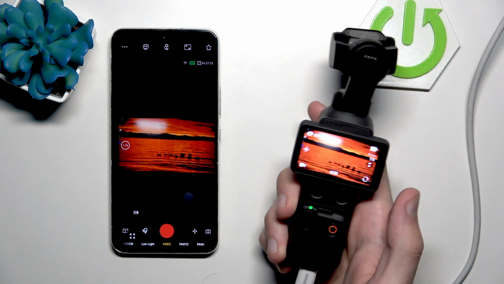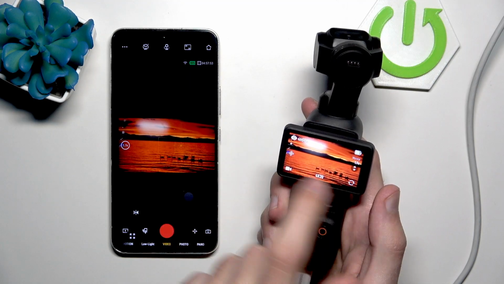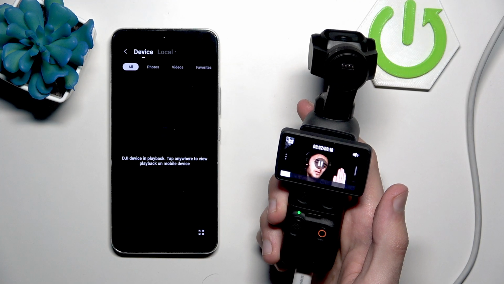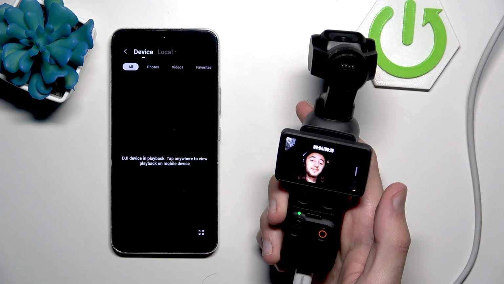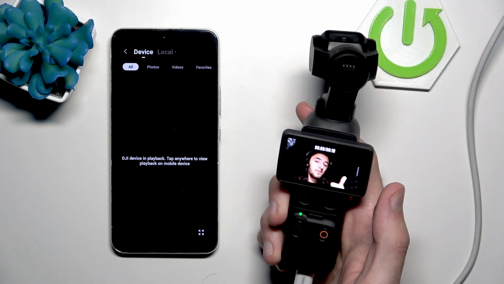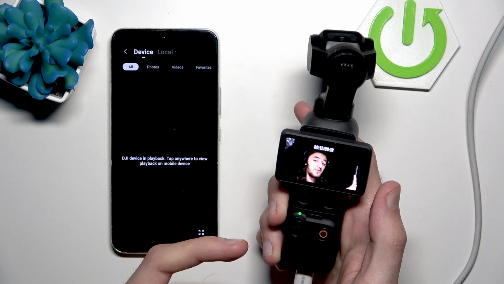In order to preview latest footage, all you want to do is simply swipe from left to right like this. Wait a second, it's just swipe right? Yeah. Nice! This way you can clearly see the latest videos you've made. I know. Pretty cool. Also, as a fun fact, you can swipe up in order to see more videos or